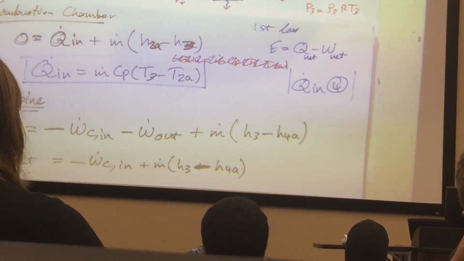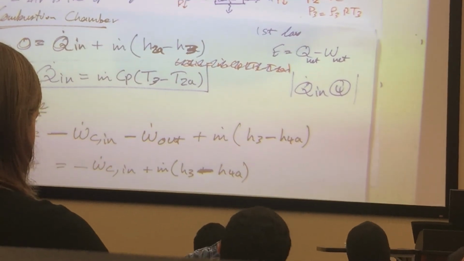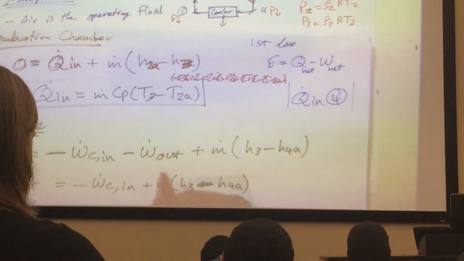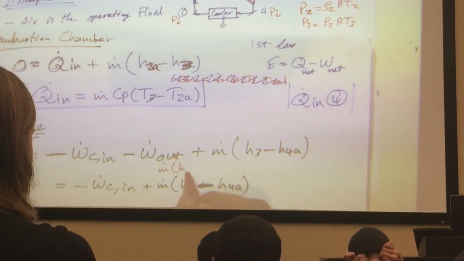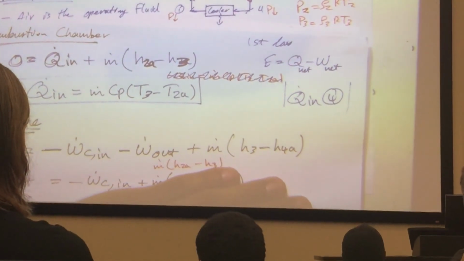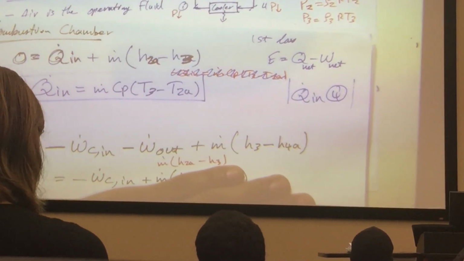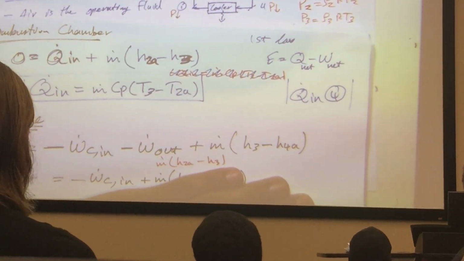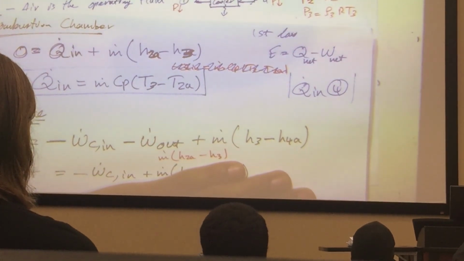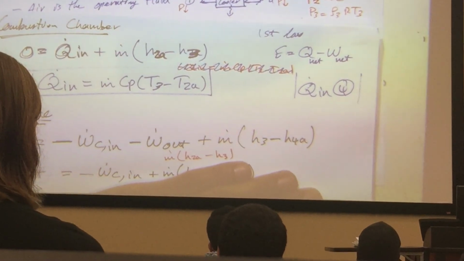Now, this is the mistake that most will make in terms of sign. Here's where the issue is. I'm going to write this in terms of m dot (H2A minus H3). What happens there? Which one is higher, H3 or H2? H3. So what am I going to get for that value? A minus value. A minus value plus my compressor work. So now I over-predicted